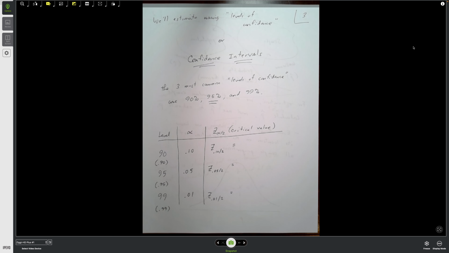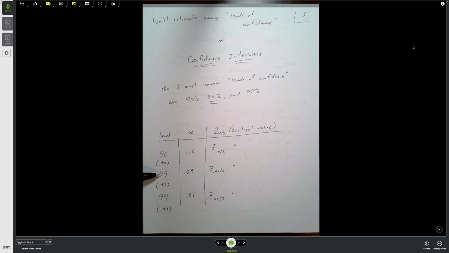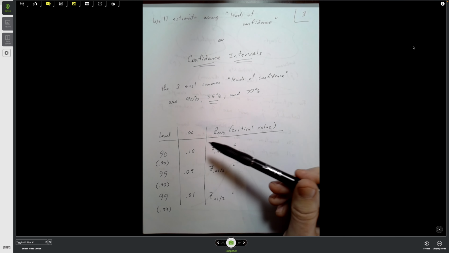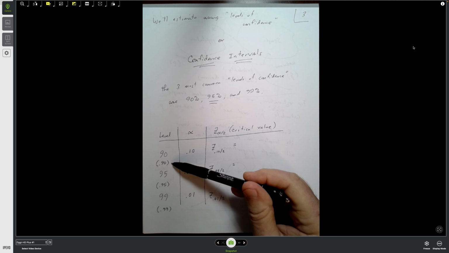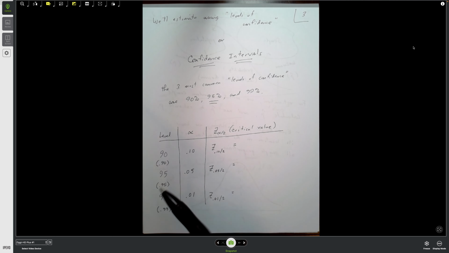I would say that 99.9% of the studies that I have reviewed, confidence intervals have been reported as 95% confidence. Now, what we got here, we got a chart going on. So what I have in the left part is just the level. So 90% would be equivalent to 0.90, 95% would be equivalent to 0.95, and 99% would be equivalent to 0.99. Now, alpha is just the level subtracted from 1, or this plus this has to be equal